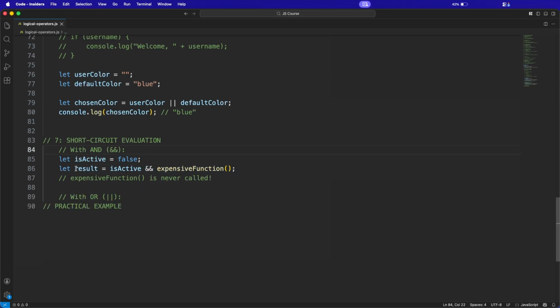Take this. If result equals isActive and expensive function, expensive is never called, just think, then it's returning false. With OR, if the first condition is true, JavaScript doesn't check the second one if it already knows the result is true. Okay,